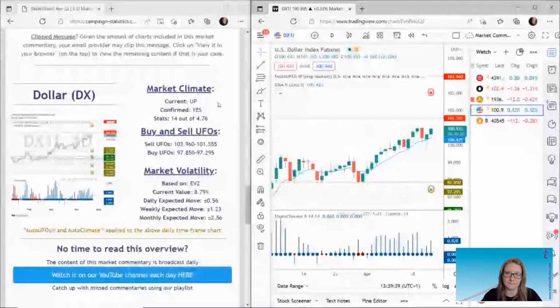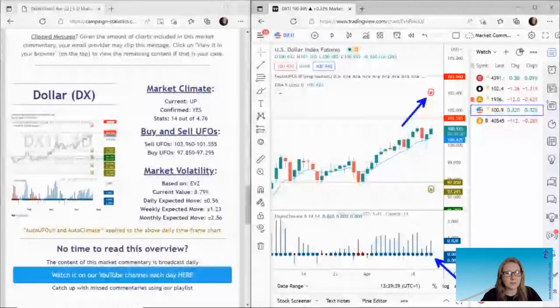So just bear that in mind. So the US dollar, thick blue dot, probability upwards. Now it has been going up for a lot longer than it usually would. It would usually go up for about 5 candles. This has been going up for 14. So it has gone way past what is usual. So bear that in mind, slightly overextended there.